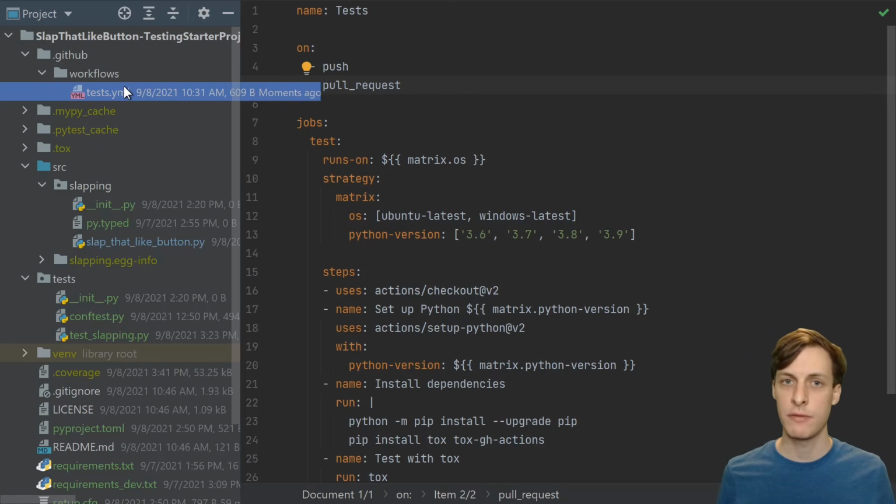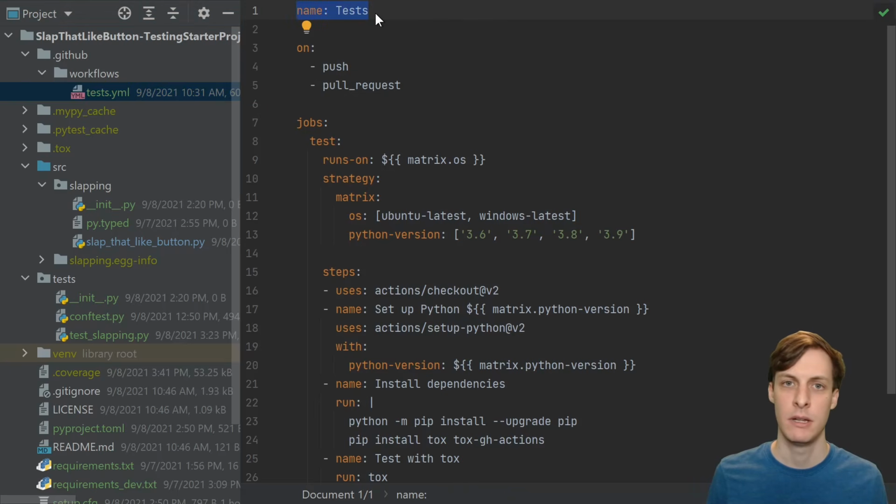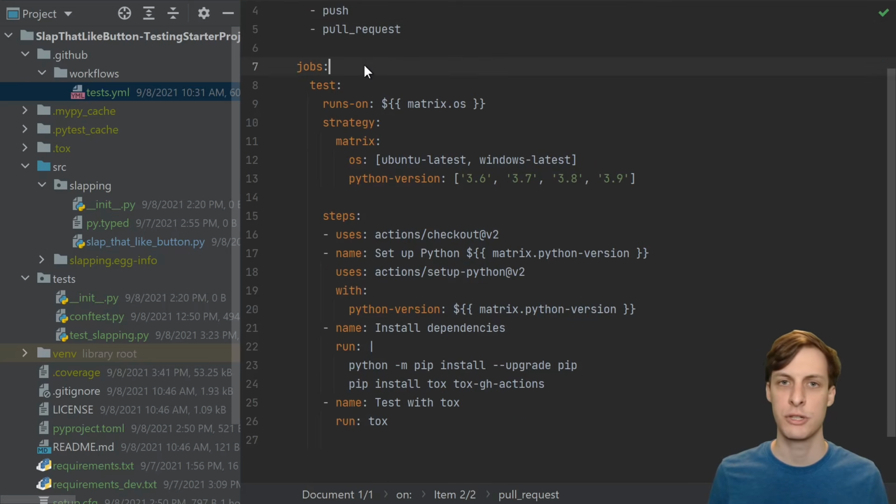You can have many different files with many different actions. We're just going to put all of our testing stuff in one. Give the workflow a good name. This is the name that's going to show up in the badge that we put in the README. Here we're using on to specify that we want this workflow to run every time there's a push or a pull request. This workflow is just going to have one job that runs, the test job.